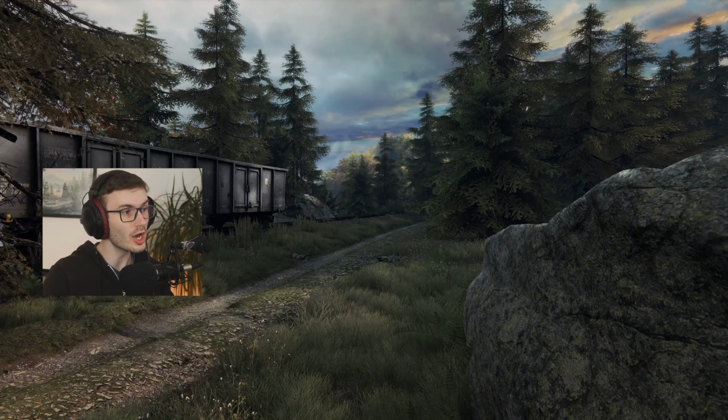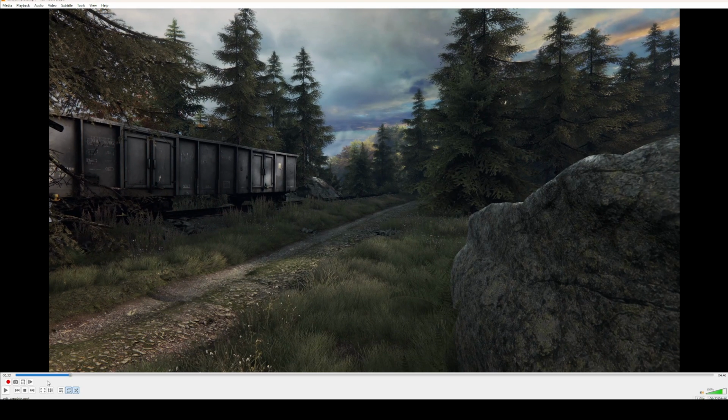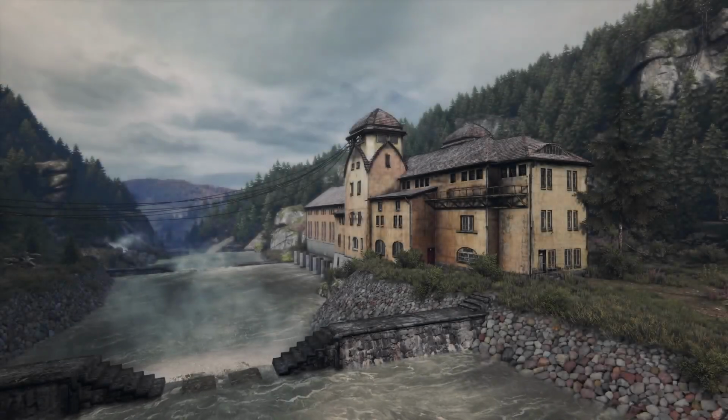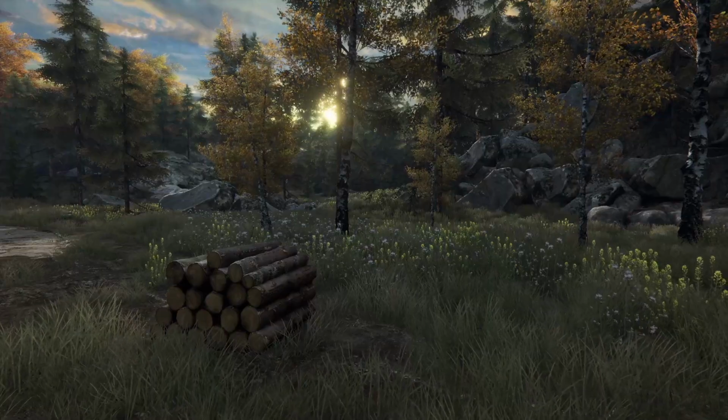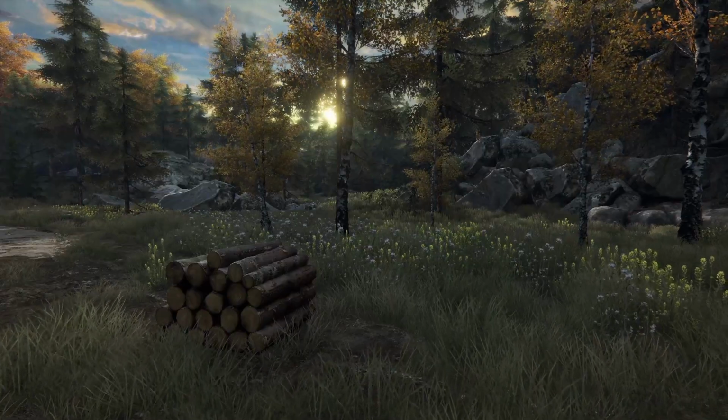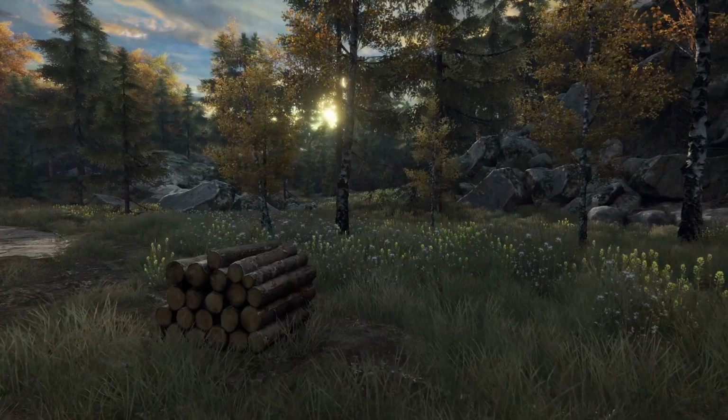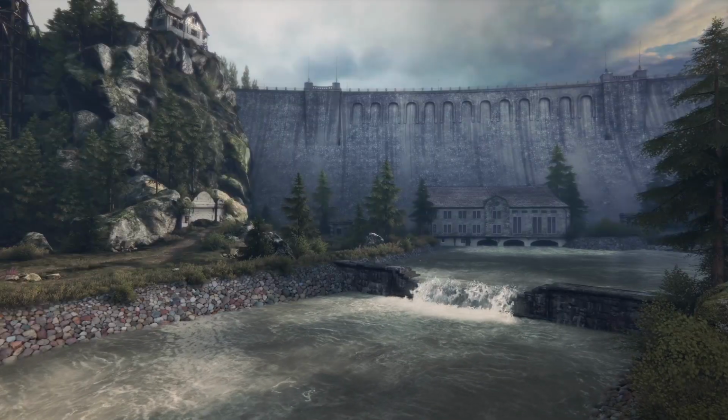Okay, so this is kind of what I'm working on. I'm going to quickly just hide my cursor for a second. So the idea is to go into the game, take some nice shots, mainly still shots, but also shots where I move around, and just do something like this. I don't know if it's too loud or not, but